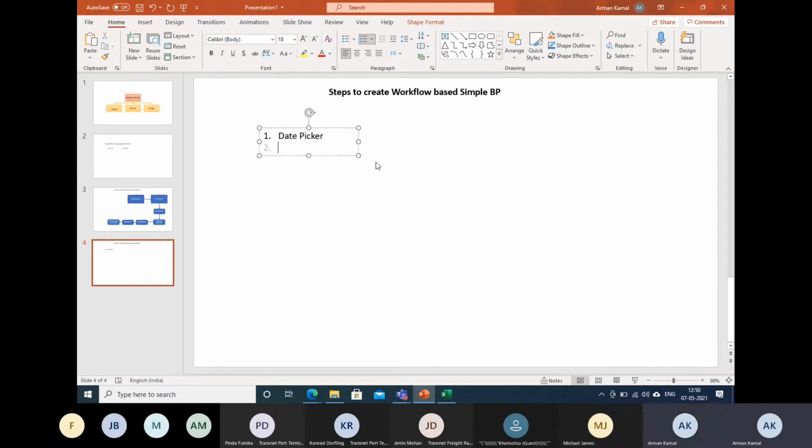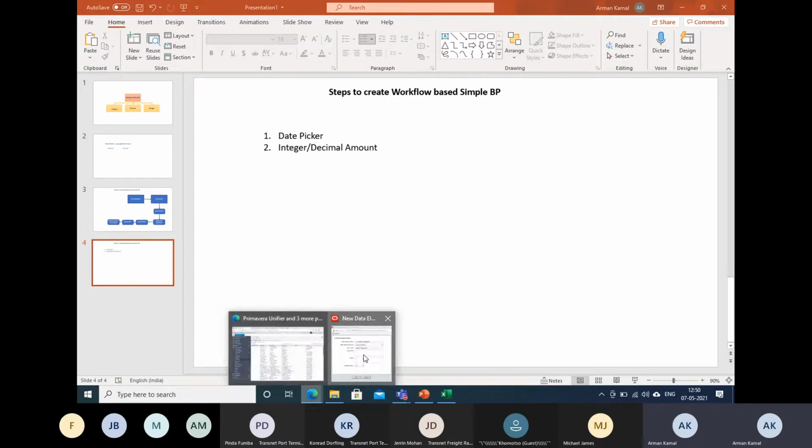Now the second thing is integer, or we can say decimal amount. So Unifier has given a privilege to save your time, that these two fields you will get automatically. You have to remember, it is something which you need to mug up.